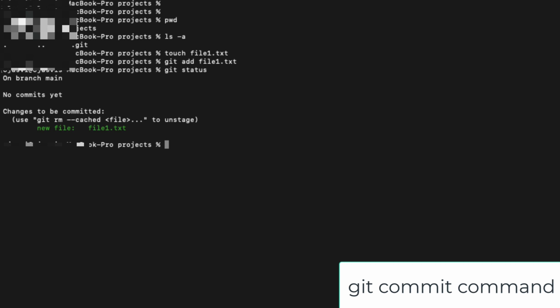Committing in Git is like taking a snapshot of your project at a specific moment in time. It's a way to save changes you have made to your files and create a checkpoint that you can refer back to later if needed. Once you commit your changes, Git records them permanently in the project's history. You can always go back to that point if something goes wrong or if you want to see how far